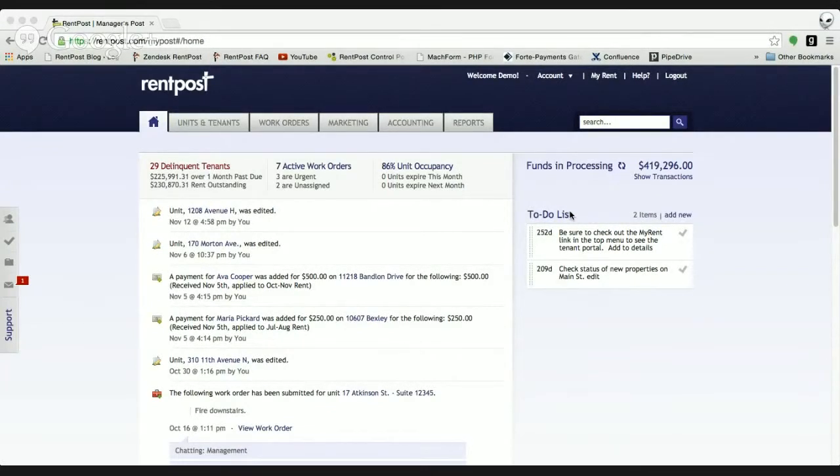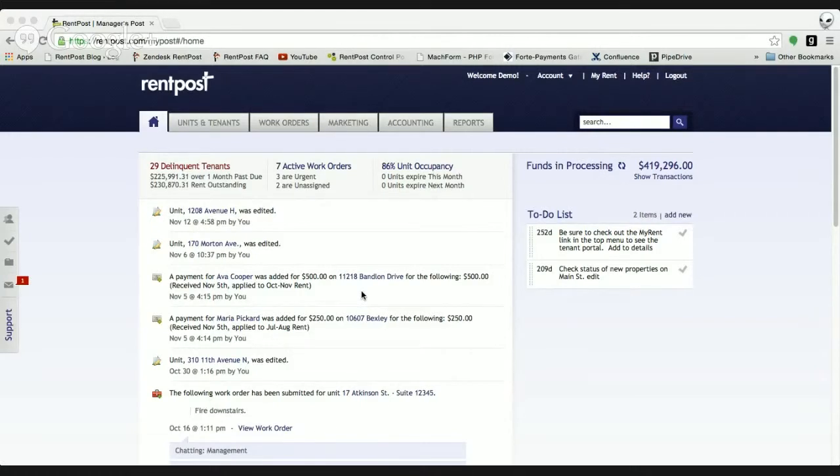Today we're going to be talking about the property management functionality of the application. This particular functionality is for property management companies, and we're going to show you how to generate your management fees, your owner statements, and finally your owner distributions. Currently we're here on the dashboard page of your account.